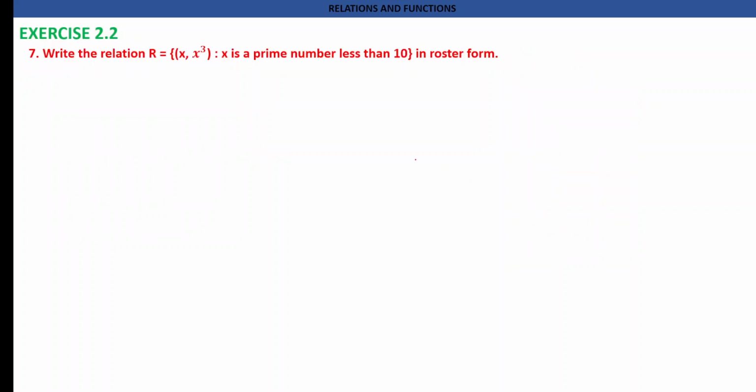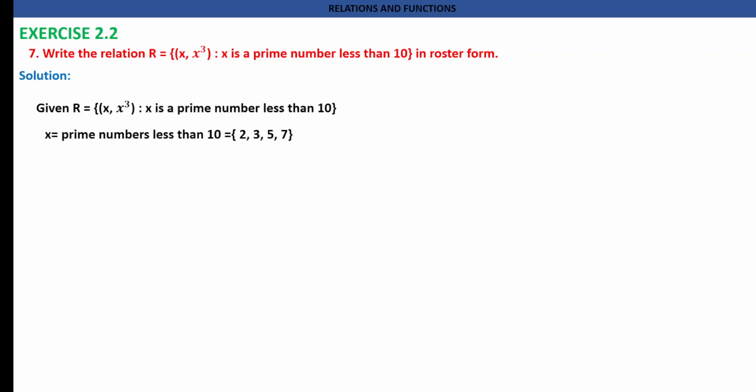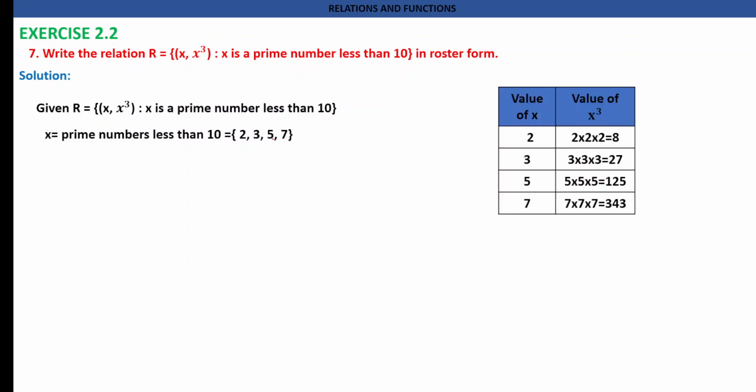Let us see question number 7. Write the relation R = {(x, x cube) : x is a prime number less than 10} in roster form. Solution. Given R is a relation such that (x, x cube), x is a prime number less than 10. What are the prime numbers less than 10? 2, 3, 5, 7. So, if the value of x is 2, then x cube will be 2 into 2 into